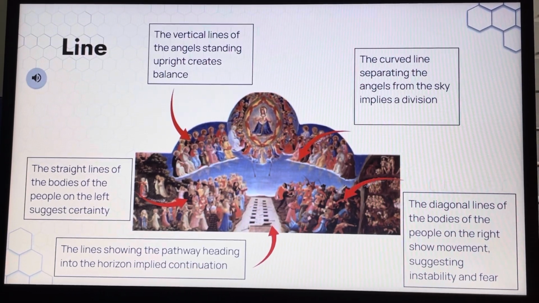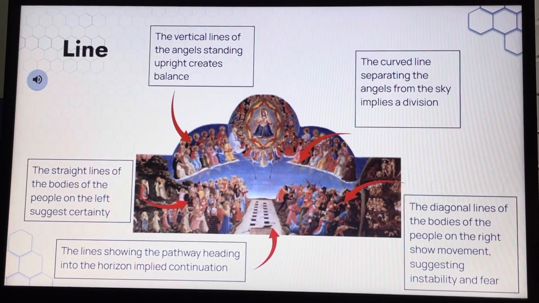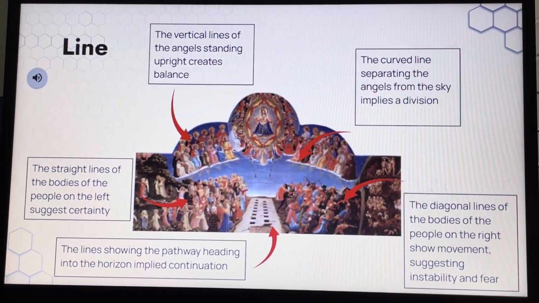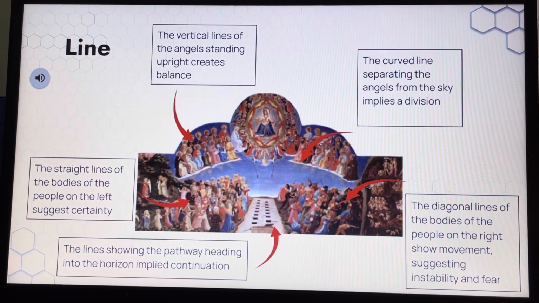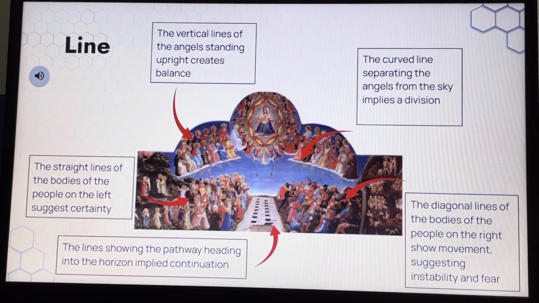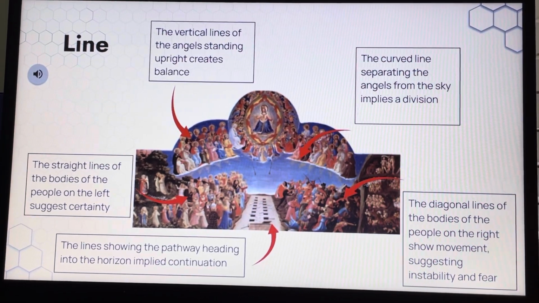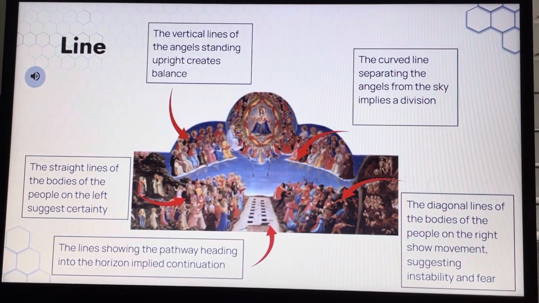The diagonal lines of the figures on the right suggest movement. This shows that the figures are moving, which evokes a feeling of instability and fear amongst them. The straight lines of the path leading to the horizon imply continuation beyond what's depicted in the piece. The straight lines which outline the figures on the left half of the painting contrast with the lines showing movement on the right side. This shows that the left side feels at peace and is calm, which is contrasting with